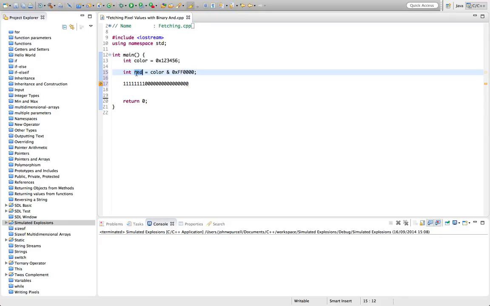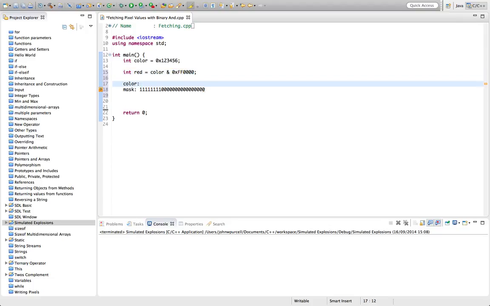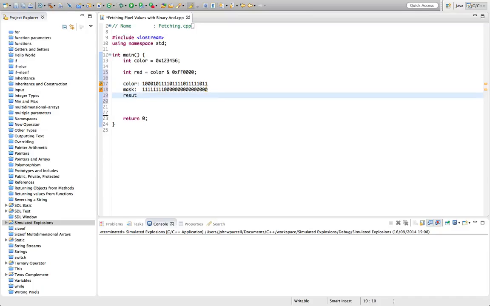So AND means both of them, the actual value and the mask, have got to have ones set in a particular position. So it's got to be 1 and 1 together. If it's 1 and 0, then we're going to set that to a 0 in the resulting variable. So like here, if you imagine this is the mask, we call this the mask, and if we say that this is the color, so let's line them up here. If the color looked like this, then the result of bitwise AND